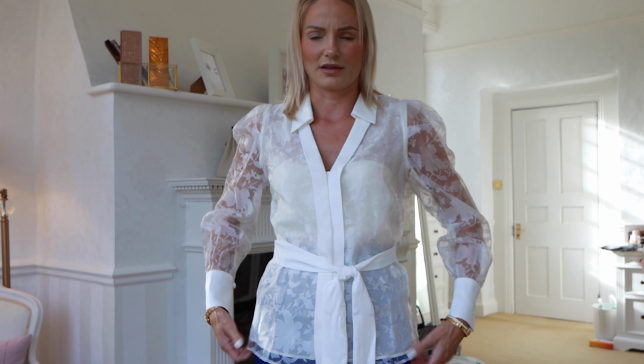And it's 2 layered. So it's pretty sweet. And I've just put it over a long line bra. So yeah, it's quite cute. I don't think I'd keep it though. I don't really wear things that are untucked and it doesn't look right tucked in. So for me, this one's a no. I do like it, it's just not my style, my personal preference. And then we've got